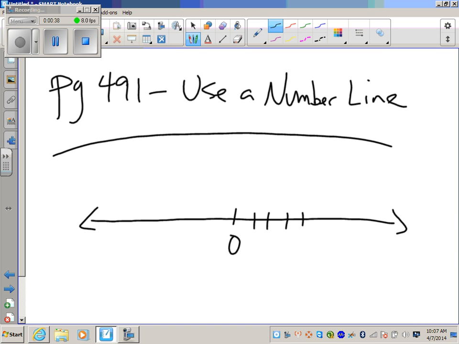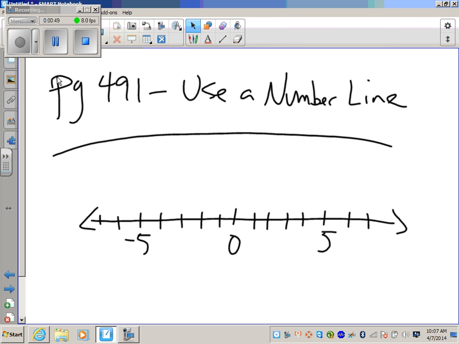And we're going to be dealing with, essentially, in some regards, integers, which will cover negative numbers as well. If you take a look at page 491,